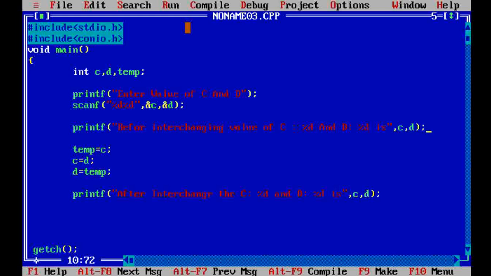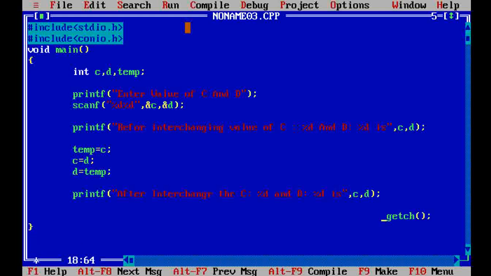Before swapping, C value is a C, D value is a D, and after swapping you process these 3 lines of code, then display C is %d, the C value, and D is %d, then display the D value.